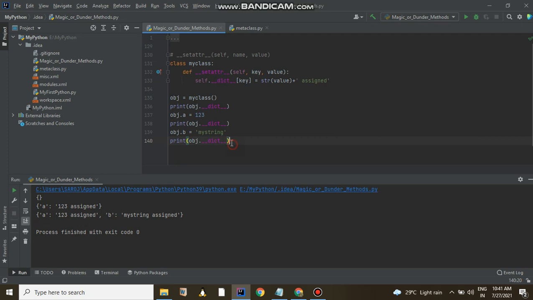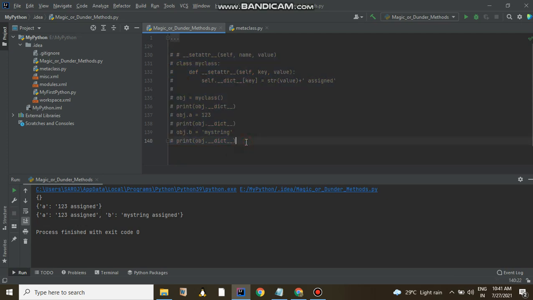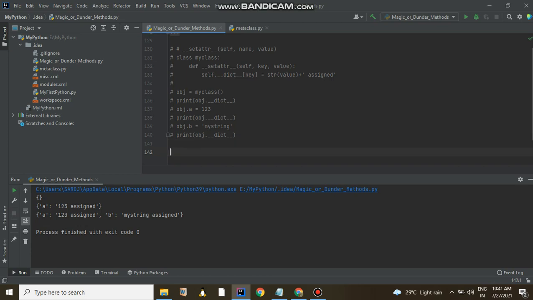Similarly, there is another method I am going to cover in this session, that is delattr. This delattr will help you to delete any attribute.